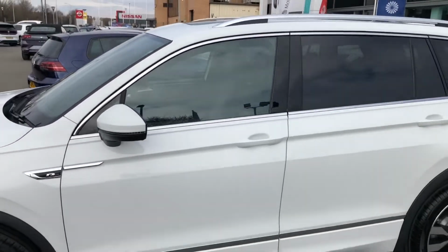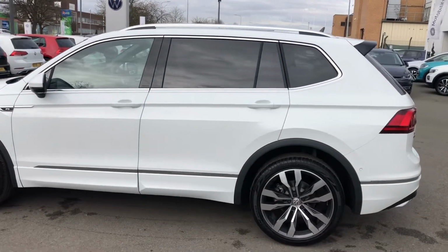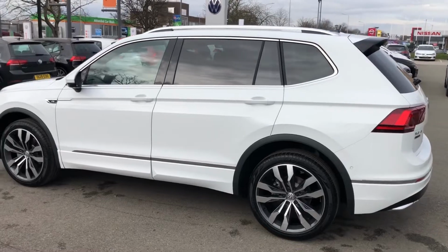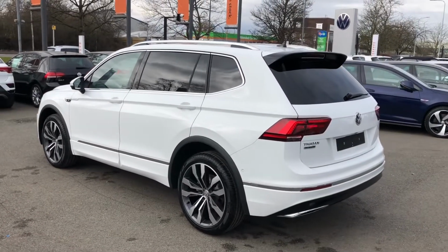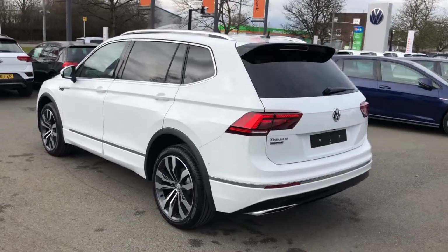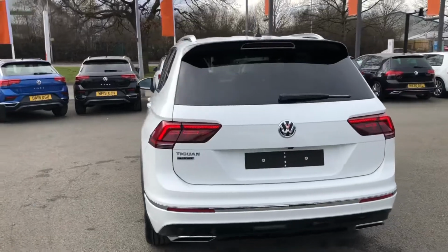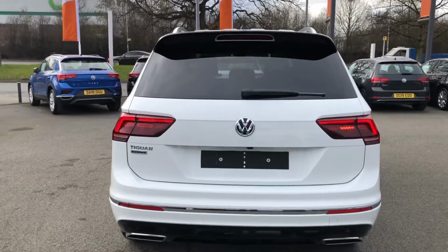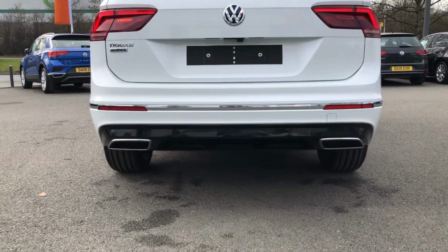Electrically adjustable, heated and power folding wing mirrors are also available, and because of those extra 21 centimeters, I have to say even your rear passengers will benefit from very practical large doors which feature privacy tinted windows. Also, there's a much more pronounced, sportier rear spoiler which extends the overall beltline, as well as full LED taillights in the rear of the vehicle, which are complemented by a redesigned lower diffuser featuring twin exhaust pipes